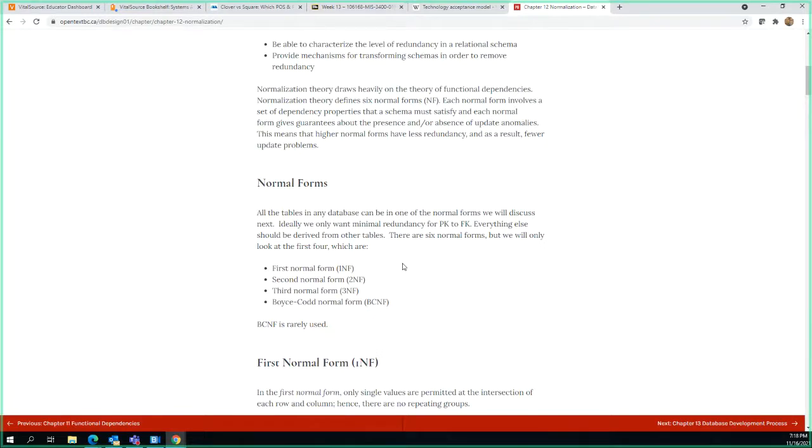Sometimes just trying to do something because it's a tool and it's this up and coming thing, so we're going to use it, might have unintended consequences. Going past third normal form might have unintended consequences going further.